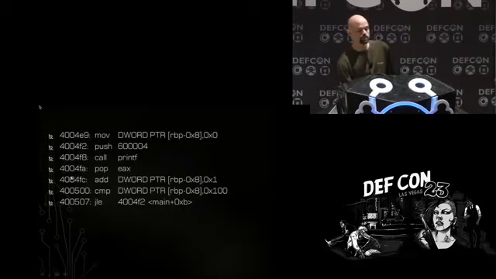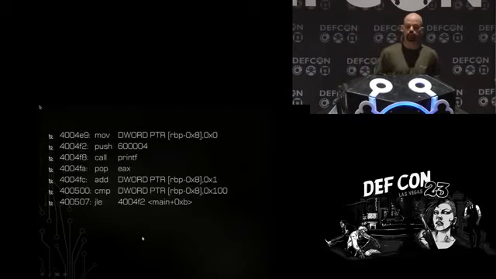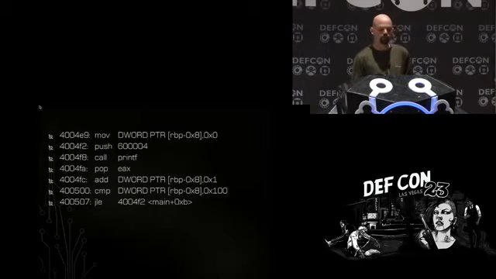An experienced reverse engineer could tell exactly what this was doing in a couple of seconds. Even somebody with no reverse engineering background can pick this apart and tell what it's doing with almost no time at all. So starting out, just looking mostly at the mnemonics going on here, it's moving 0 into memory. That's going to be initializing a local variable. It's pushing something onto the